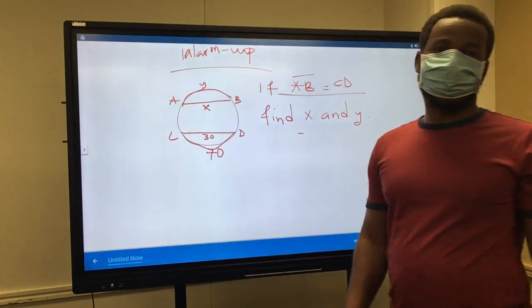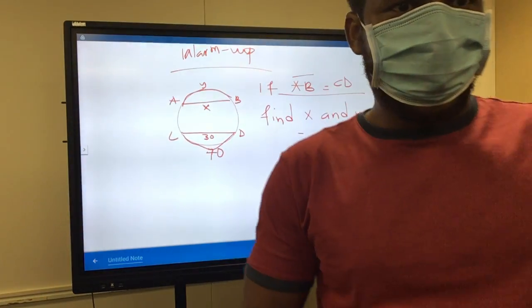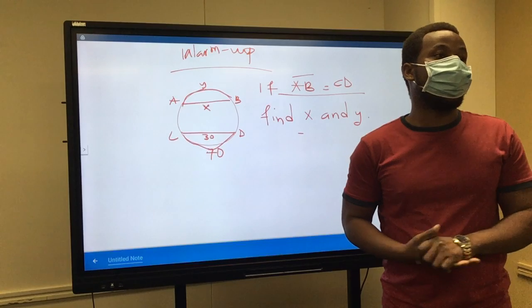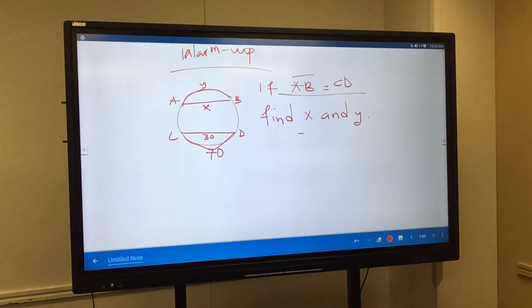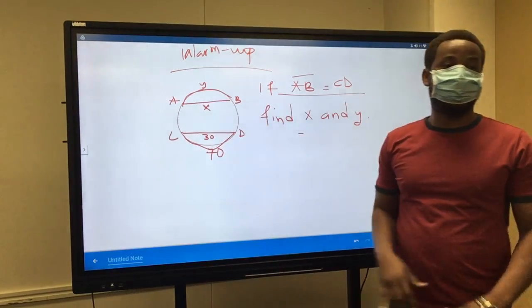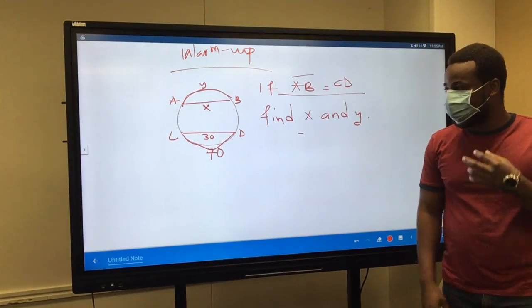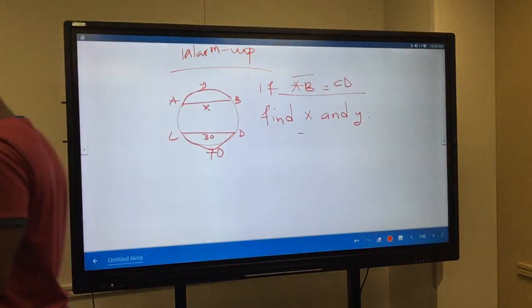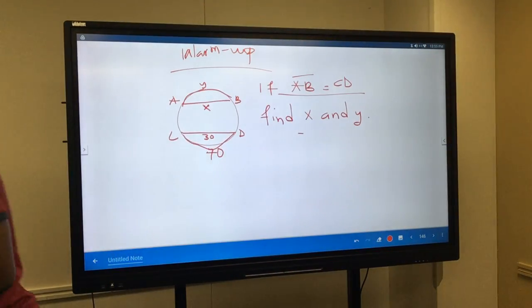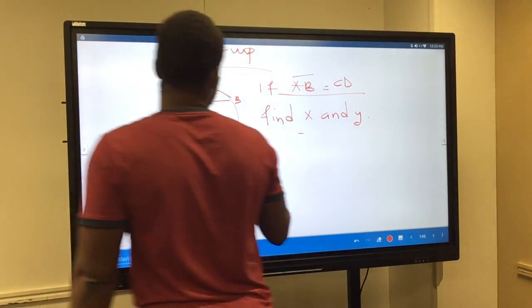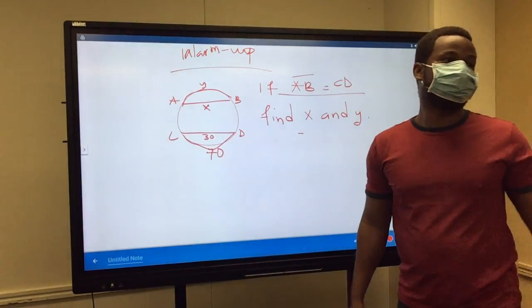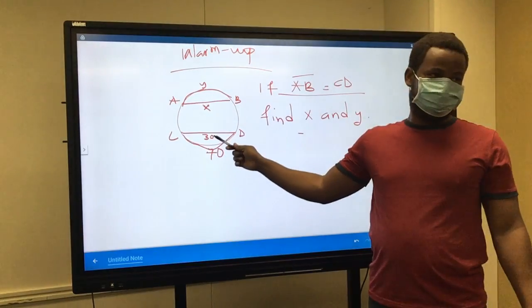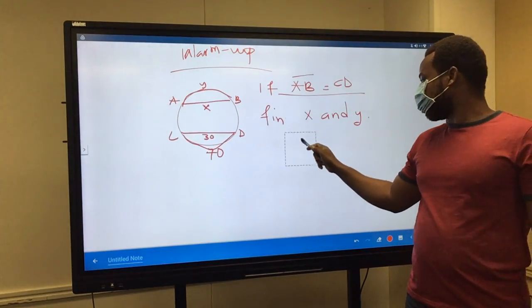All right, guys, this is a warm up on the board. Yesterday we talked about this, right? We said that if these are two chords, and the lengths are the same, what will be x and y? X will be 30. Why? The lengths are the same, right? So x will be equal to